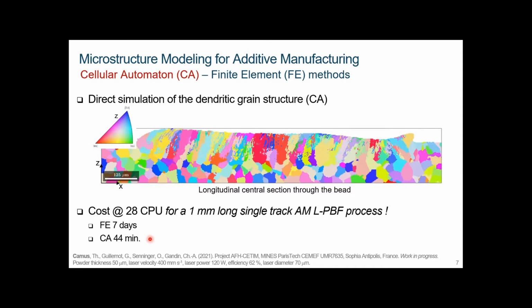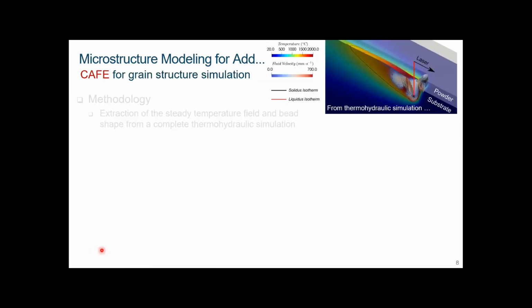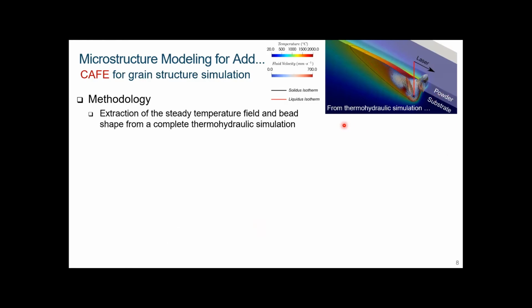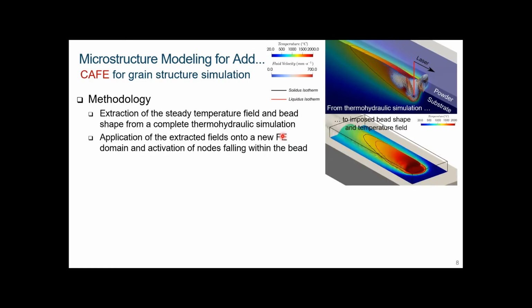This is why we had to find a solution, and this was done by this PhD student, Théophile Camus. I'm going to show you what we did. Of course we start with the full thermohydraulics simulation, and what we can do is extract the steady state or steady regime for the temperature field and the bead shape from this thermohydraulic simulation, and we can then apply this extracted field onto a new finite element